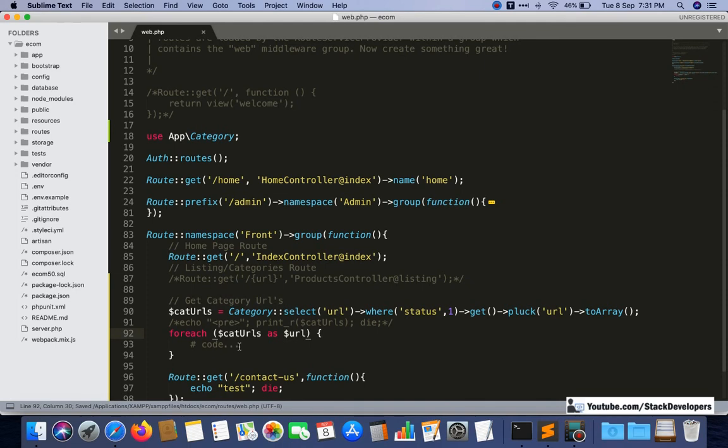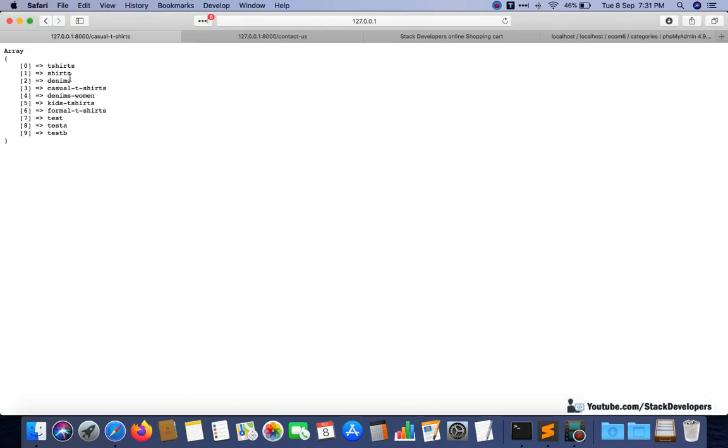like this. And now we are going to add this route. This route I will copy and paste here inside code like this. And here I am going to add slash. So this $URL we are going to use, so that it will fetch all the URLs like this. Now the listing function will be called for all these URLs, not for the contact us URL.